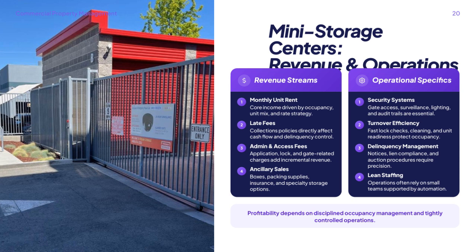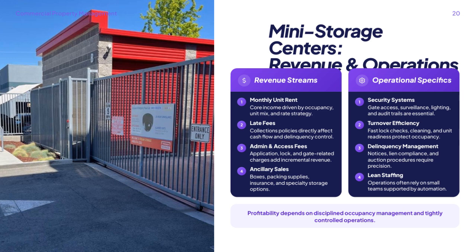Ancillary sales, such as boxes, packing supplies, insurance, and specialty storage options, provide another important revenue stream. These offerings enhance customer experience while boosting income. On the operational side, security systems like gate access controls, surveillance cameras, lighting, and audit trails are fundamental to protecting the facility and ensuring customer confidence. Efficiency during turnovers is critical. Quickly checking locks, cleaning units, and keeping units ready for the next renter help maintain high occupancy levels and reduce